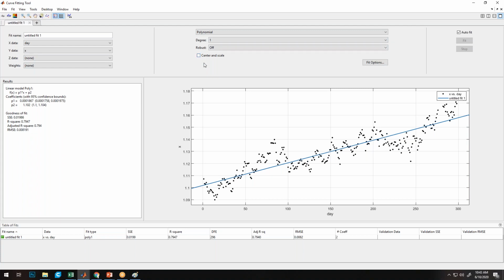So here you will see one more option, which is called centering and scaling. What happens in centering is that it will find the mean of the entire data set and subtract that mean from each point, and then it will plot it so that it fits only the relevant data, not this one. So there will be hardly any effect on the accuracy.